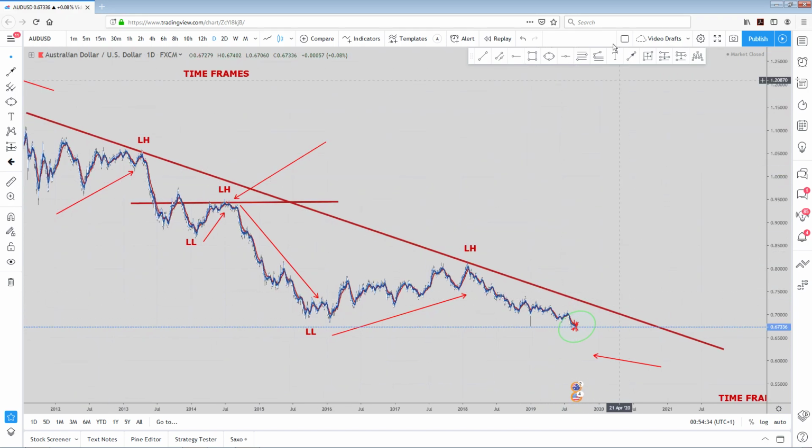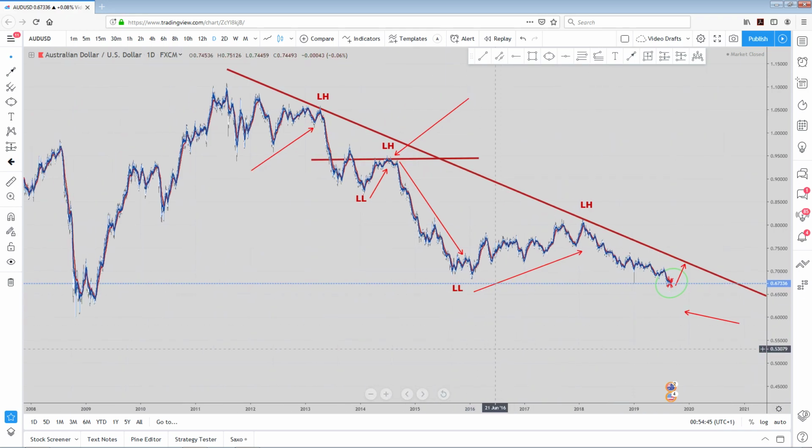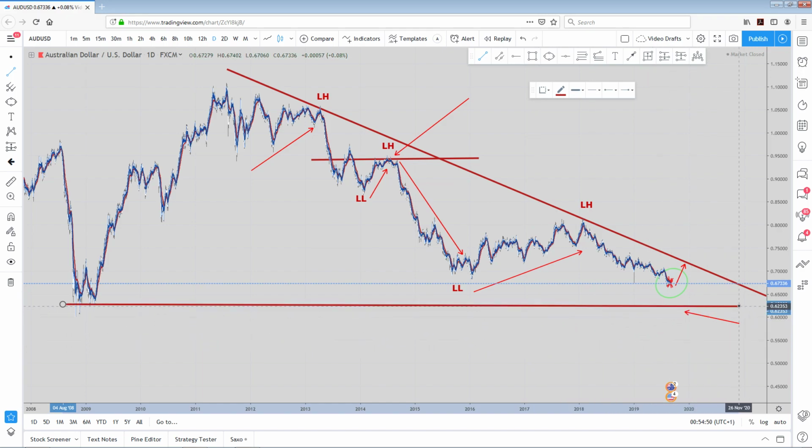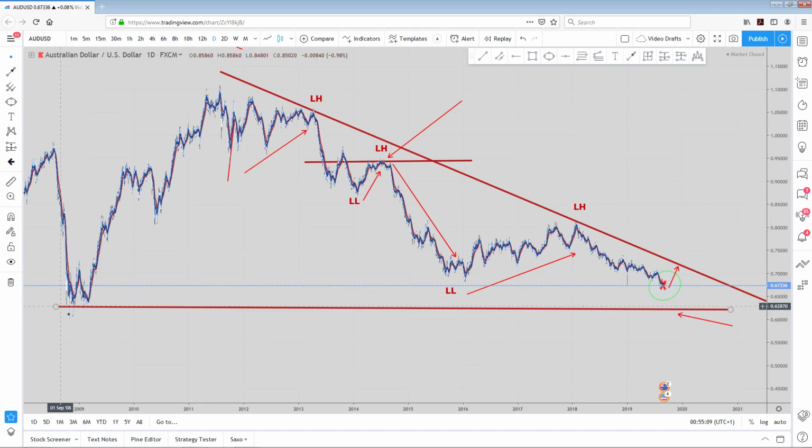And right now, we're kind of wondering, are we going to bounce back up and possibly come up here, or are we going to continue down to this level here. I'm figuring all this out right now on the daily chart. Do you see how I identified all this information by using the monthly and weekly time frame, and now I'm on the daily time frame,